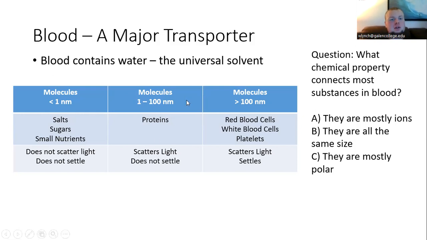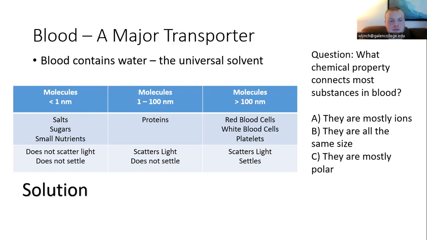One that's going to form a colloid, which is going to be small particles that are still present and are able to scatter light, are going to be medium-sized molecules like proteins. And molecules that are going to form a suspension are going to be the formed elements of the blood, the red blood cells, white blood cells, and platelets. These are large and clearly visible in the blood, and they will settle towards the bottom of a solution as